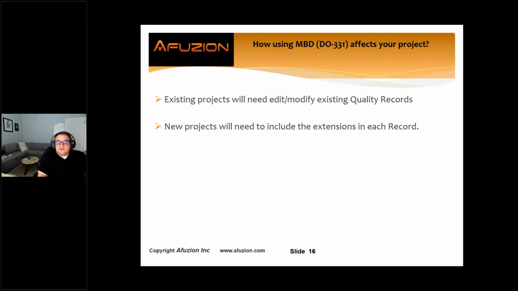Do I have an existing project and I want to start using model-based development in that existing project? Or am I designing from scratch and I want to incorporate model-based development in my design from the start? Either way, I think you'll need to cover the elements depicted on slide 15, and be sure that you cover all those items within your design.